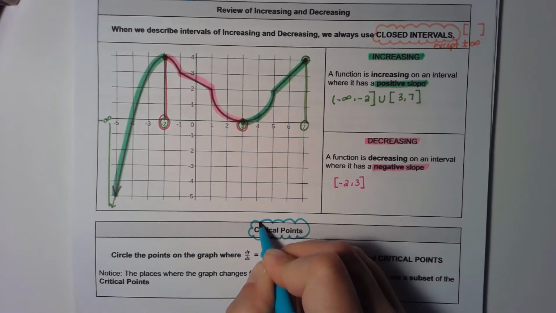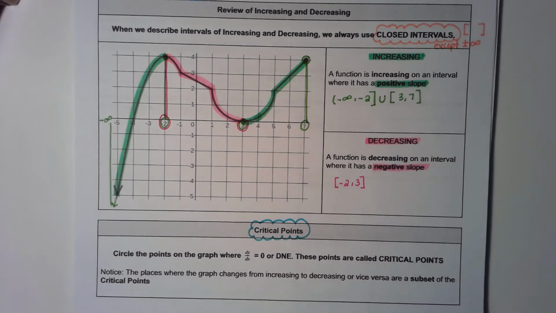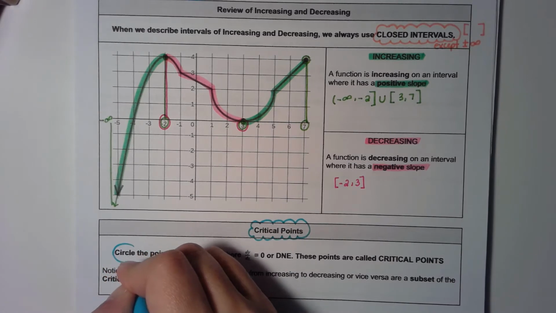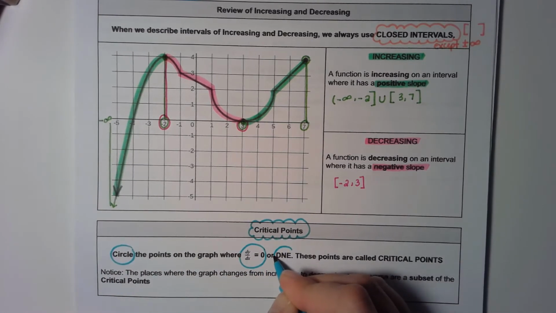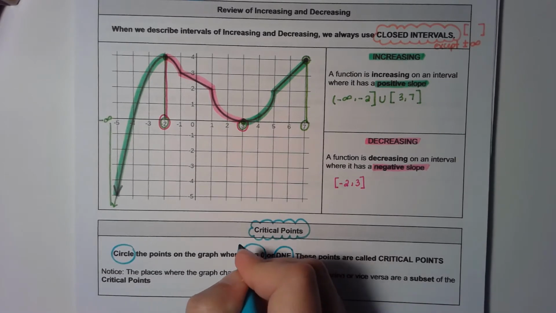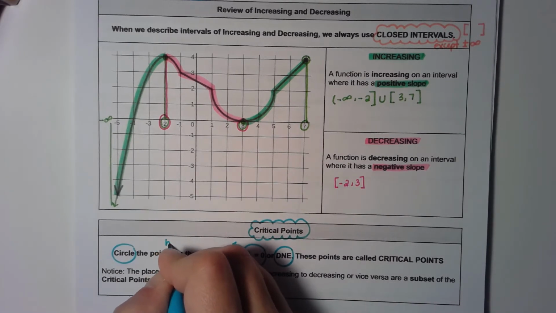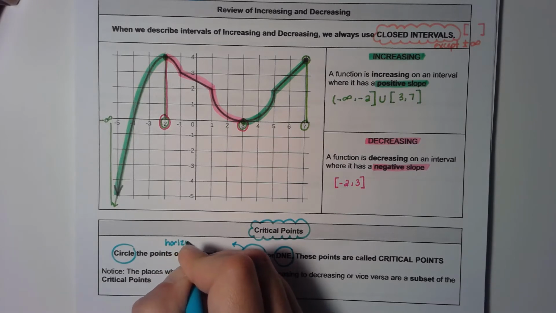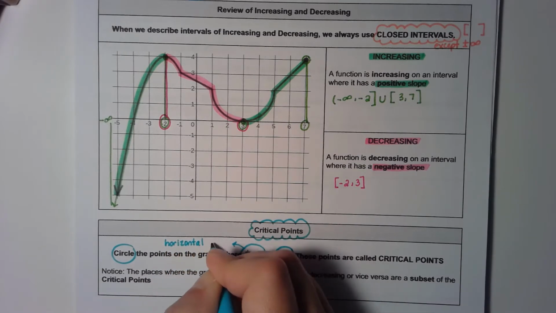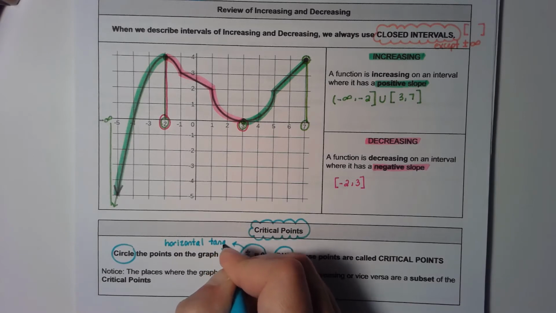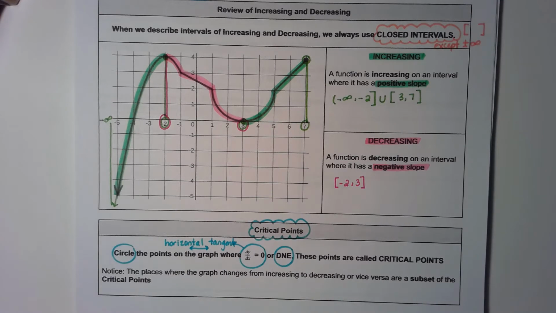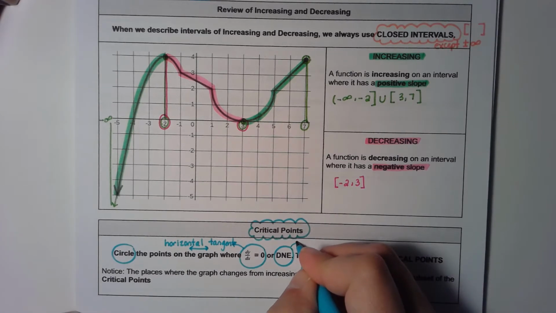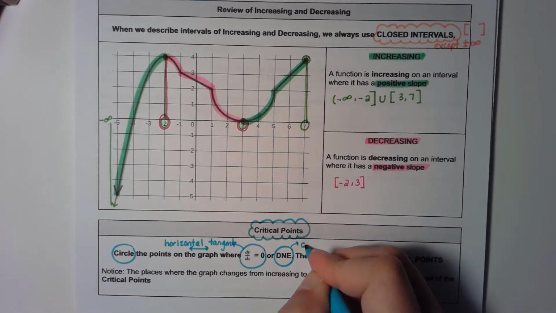And this is going to be a new vocabulary term for most of us that we're learning in this unit. What I'd like to do is circle the points on the graph where either the derivative is 0 or does not exist. Now, as a review, the derivative is going to be 0 whenever the slope would be 0, or in other words, there would be a horizontal tangent line, which means if you kind of imagine the tangent line, it would go straight across like this, or does not exist. And as a reminder, a derivative does not exist at a corner,